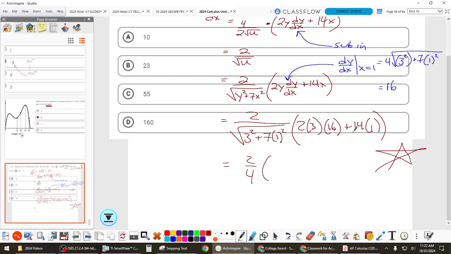Plus 14 is 110. So half of 110 is 55. What? Because I did 2, and then that's 12, and 12 times